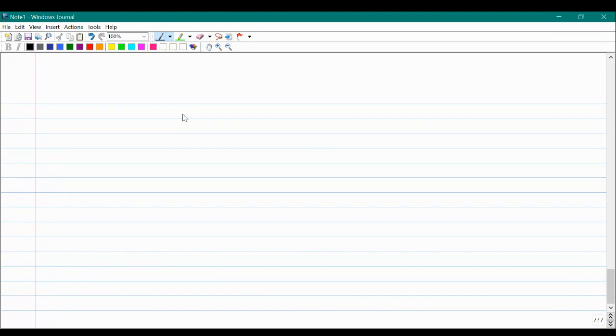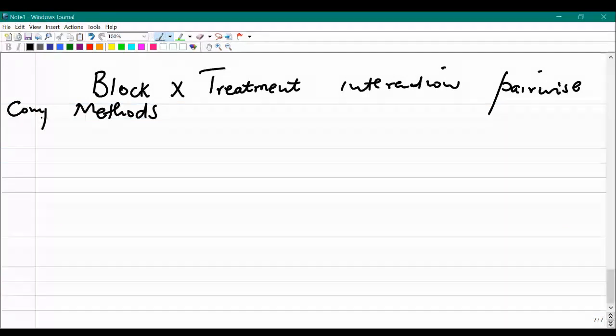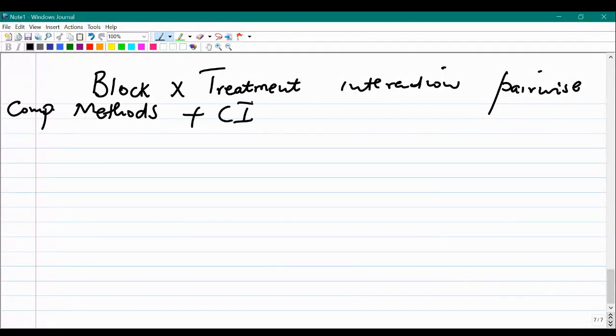It will be block by treatment pairwise comparison methods plus their confidence intervals. I will write them and explain. When we meet during the tutorials next week, when you have more questions, you will ask. The LSD, guys,